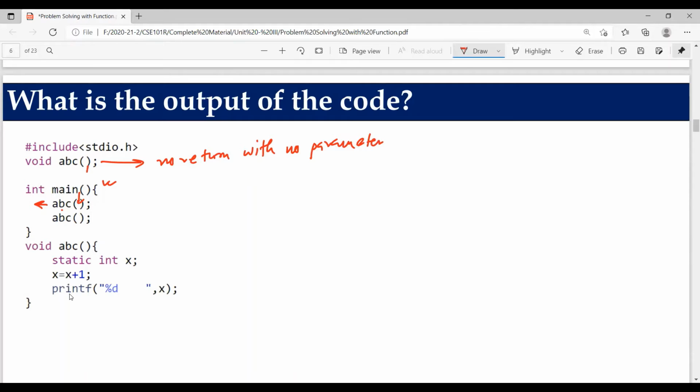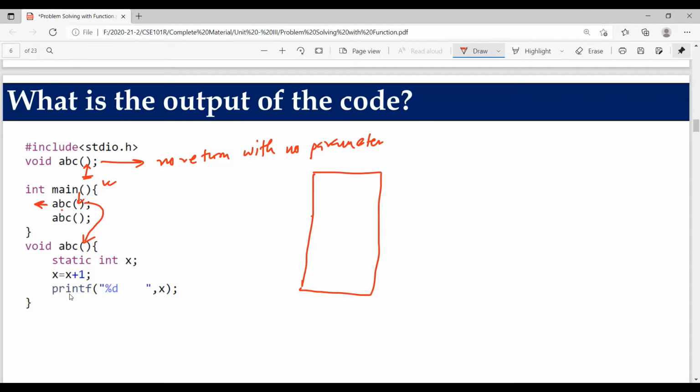Okay, so here you can see there is no parameter as well. So we are calling that particular function, let's call it ABC. There are a couple of variables over there, one variable is there. So now let's allocate the memory block from the RAM to understand that particular code.